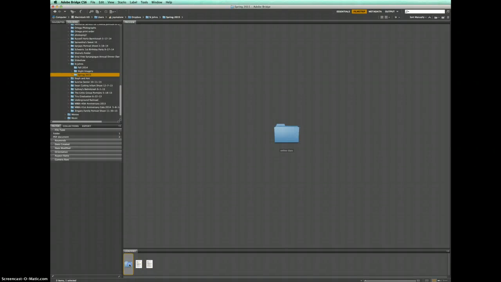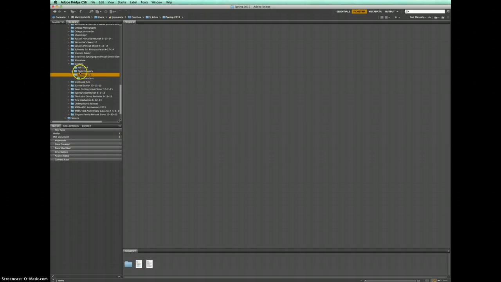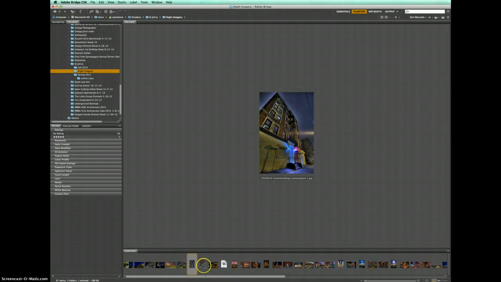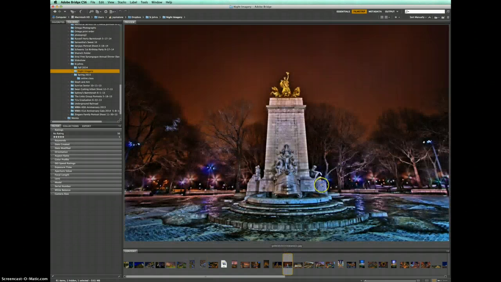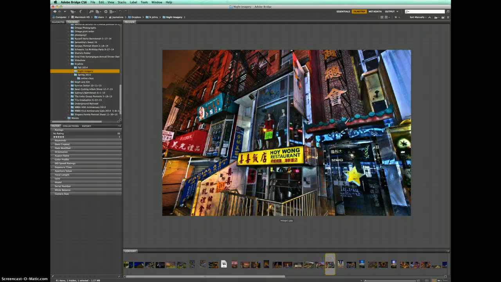I can click on these folders and you see there's documents here. Let's see, more documents here. But if there are images within a folder, the images pop up quickly, and then if you highlight the images down here, they open up larger into this main viewer. And then this just lets you see keywords, metadata, all sorts of stuff. If you look up here, we can click through different workspaces and view our images differently, but that's going to be another video another time. All right, so right now